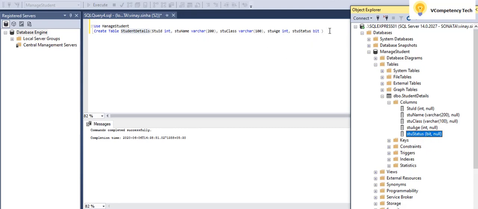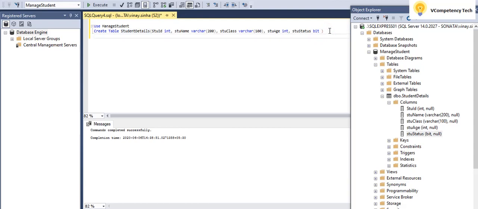So this is how we can create, and how we can insert the value inside. So we can insert something like that. Insert into the table name. I will give, okay, and what are the columns?